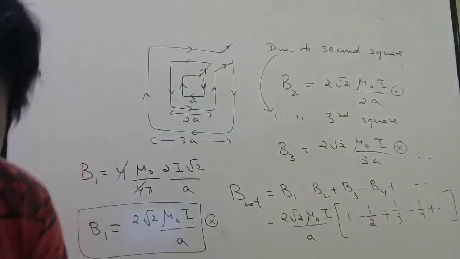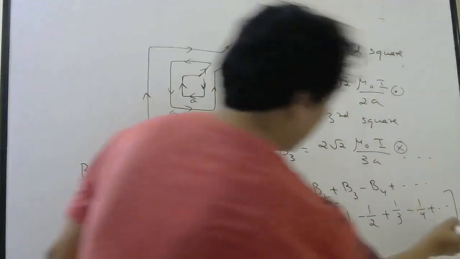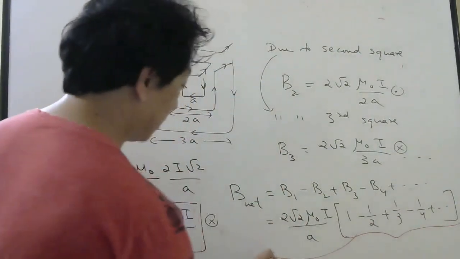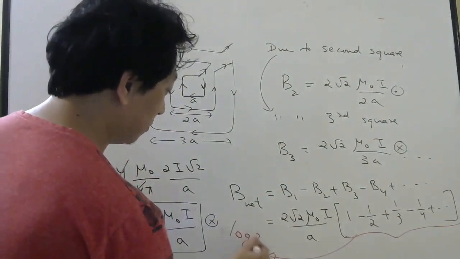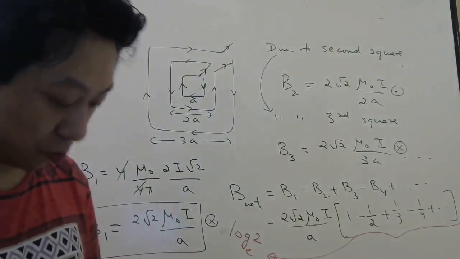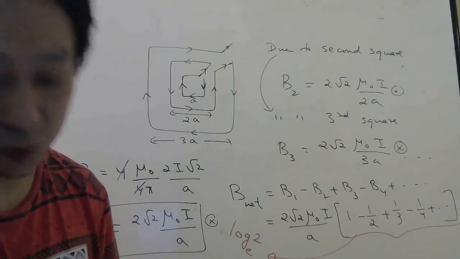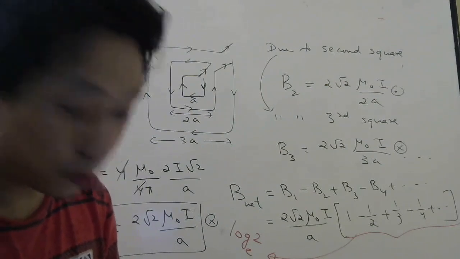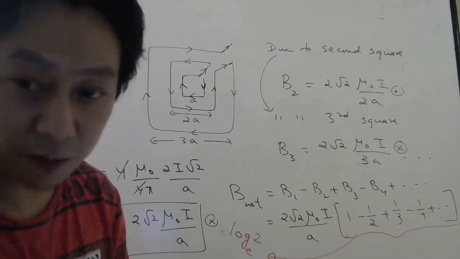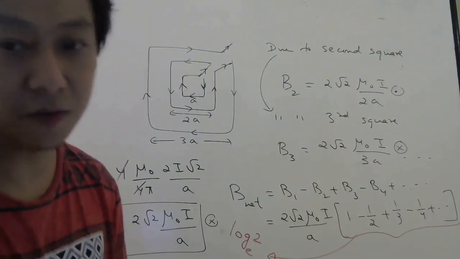Okay, and this series is what we learned in mathematics to be log 2. This series is log 2 base e. So that has to be taught to you in mathematics. I hope it is taught. If not, they will soon teach you. In the question I have given you that log 2 is 1 minus 1 by 2 plus 1 by 3 minus 1 by 4 up to infinity.